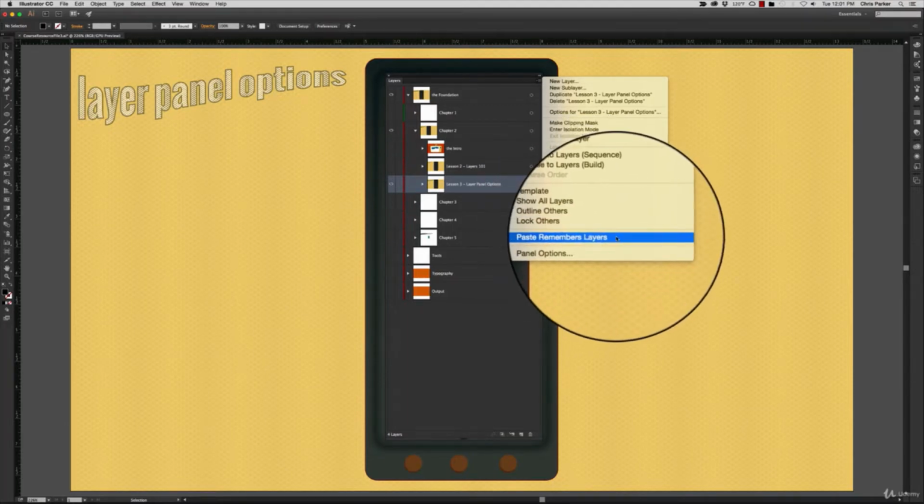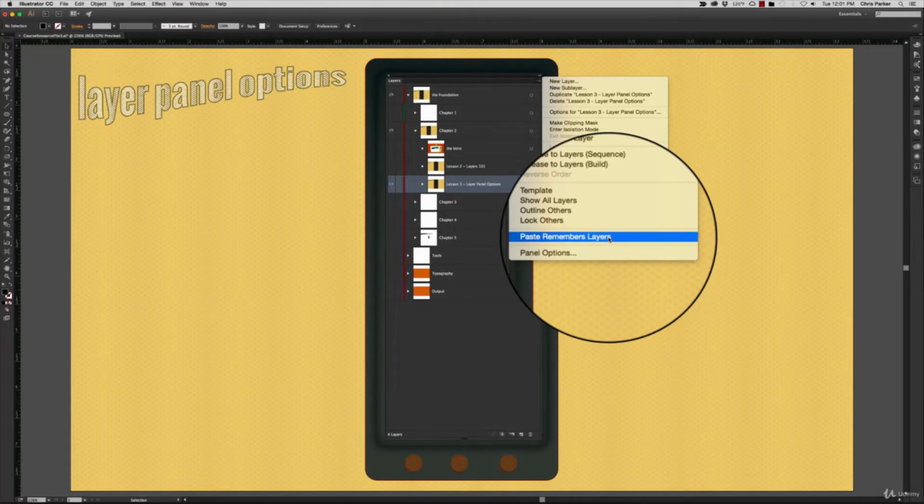So if you're working with multiple documents and you want to copy and paste a layer from one to another, you can use this option, and it's going to remember all the sublayers within it and all the objects so that it will paste into a new layer into the document you're copying to. If you just copy and paste instead, then the layer contents will be added to any layer that is selected